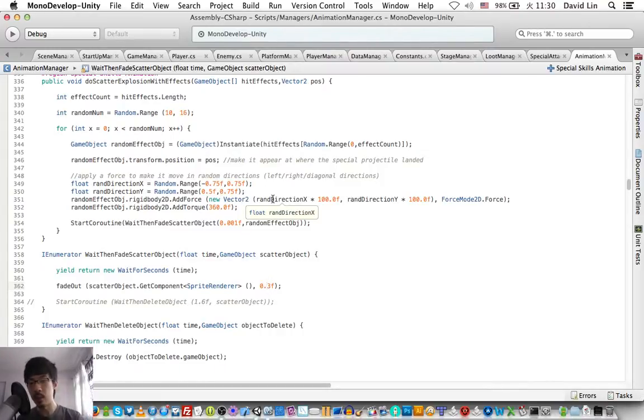We need to increase the force that we apply to them, as the gravity is rather high.